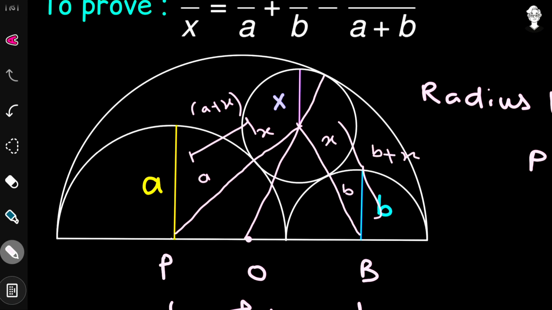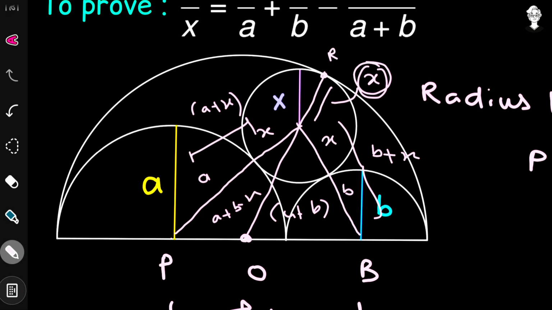Now the middle leg. From here to here, it is the radius of this complete circle, so it has a length equal to x. And as we have calculated that the radius of this biggest semicircle is a plus b, let the point be R. From point O to the point R, it is the radius of this biggest semicircle, so it is going to have a length a plus b. This much length is already equal to x, so the remaining length, from this point to this point, is going to be the longer minus the shorter, so it has a length a plus b minus x. Here the diagram is looking quite messy, and what we require is this triangle only.